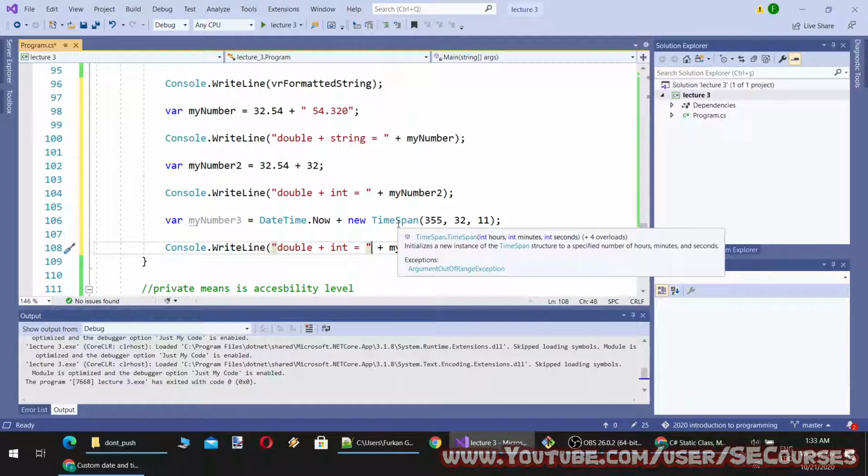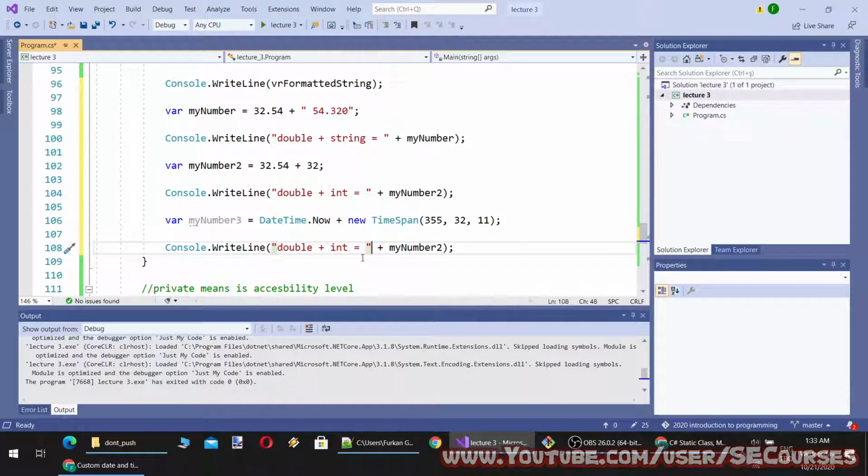So in this case, this TimeSpan will define 355 hours, 32 minutes, and 11 seconds. Okay, so last, the TimeSpan equal to this one. In this case, it will be a DateTime. You see, and when I run it,